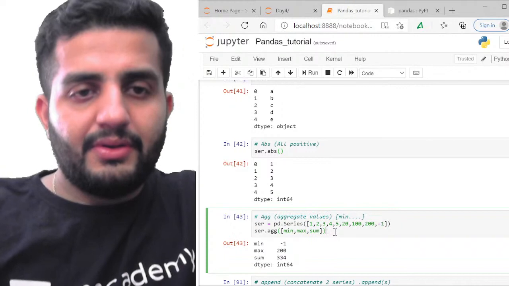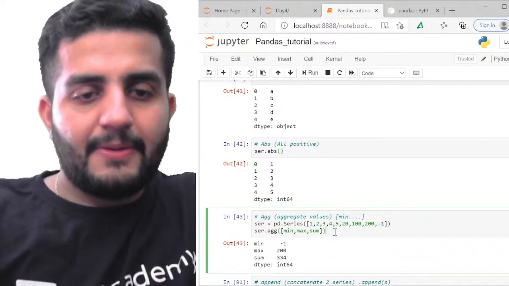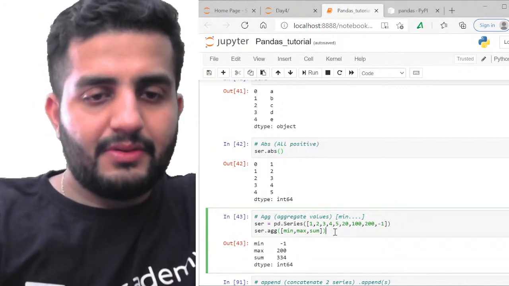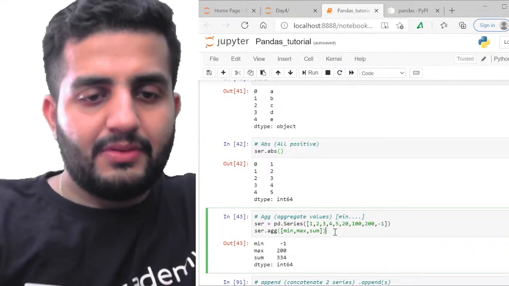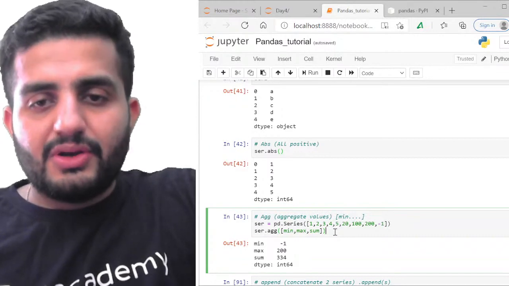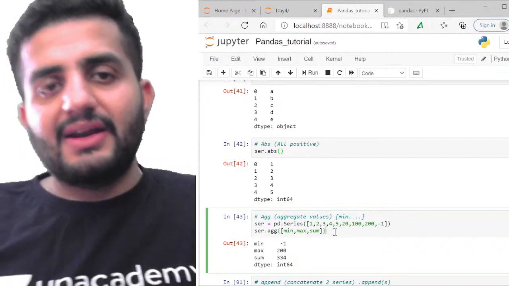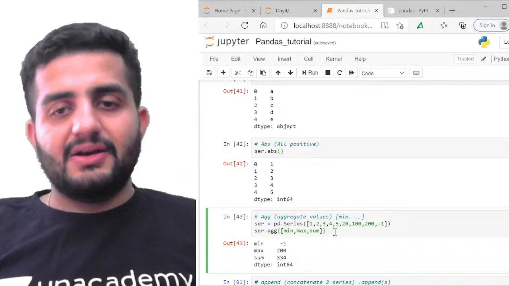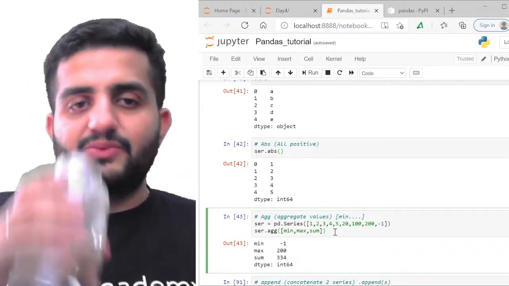Great. So that's how we're going to pass the aggregate function. As I said, in this aggregate function, we can also pass the user-defined functions as well.